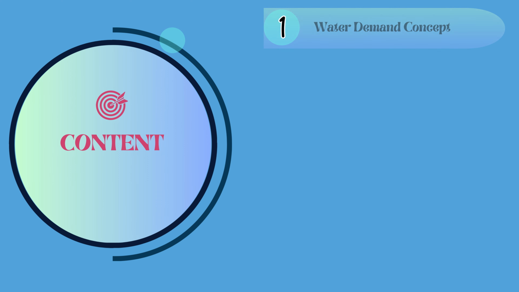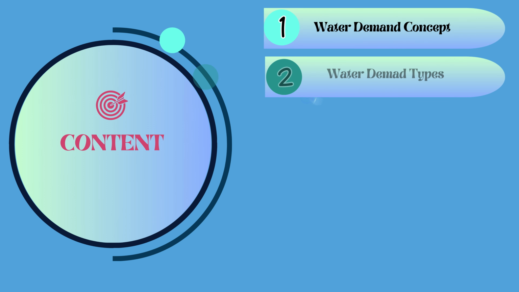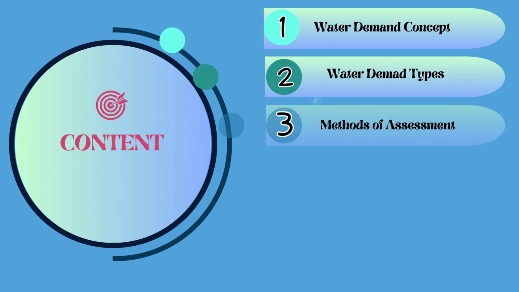Here is a roadmap of our exciting journey. We'll start with the water demand concept. This part will tackle the difference between water demand, consumption, and supply. So from now, no more confusion. Then we will explore the different purposes water serves, from household to agriculture. We will even uncover hidden water uses like fire protection and cooling machines. Now we'll discover various methods used to calculate water demand, focusing on the most common and effective one.